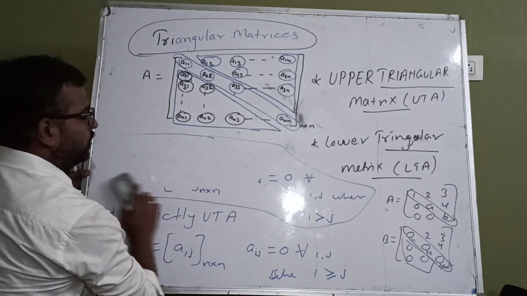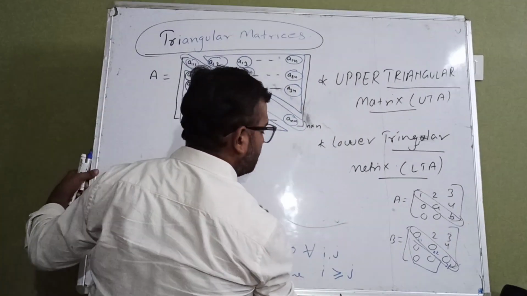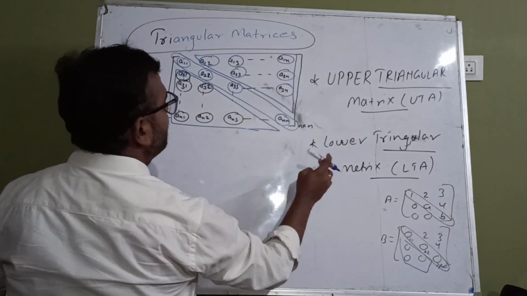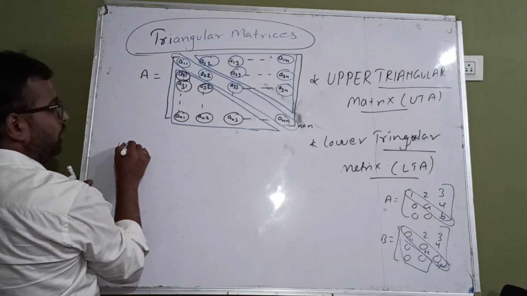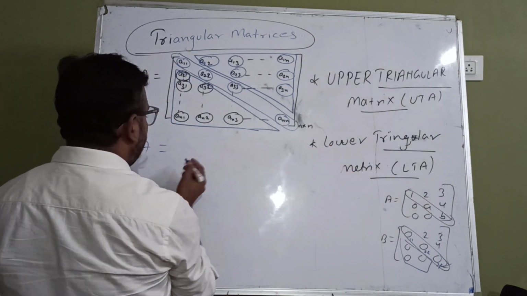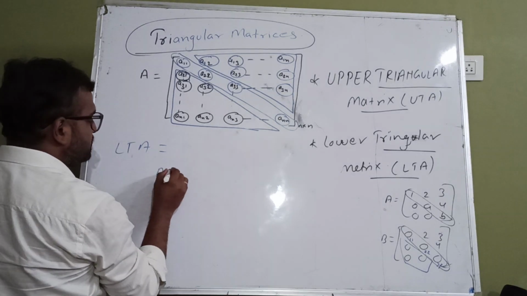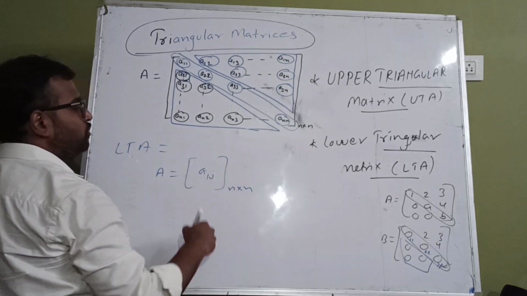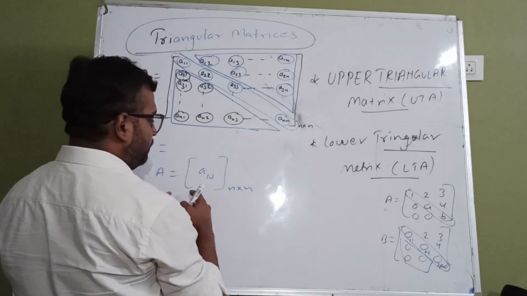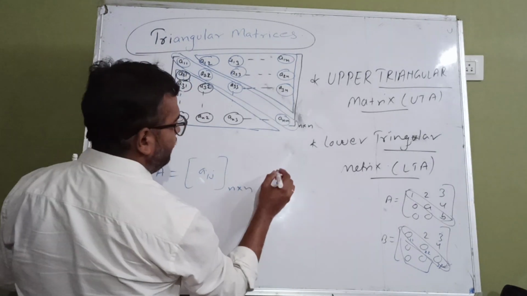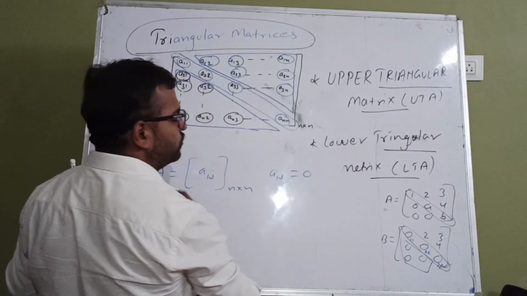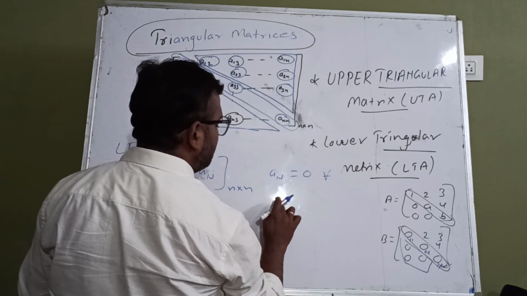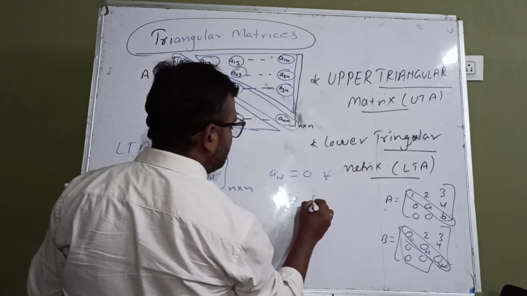Now coming to the lower triangular matrix. Observe all these patterns. A very important question is going to come here. Lower triangular matrix. It can be defined like this. A square matrix A equals Aij is said to be a lower triangular matrix where Aij equals 0 for all i and j such that